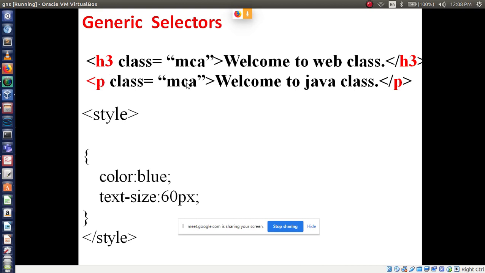But the class name is the same, but tags are different, right? And contents are also different. In this case we have to use generic selectors. So simply we can use a class selector with the help of the dot operator, right? Dot followed by class name. What is the class name here? MCA. So dot MCA. Then this style, that is color and text size, will apply